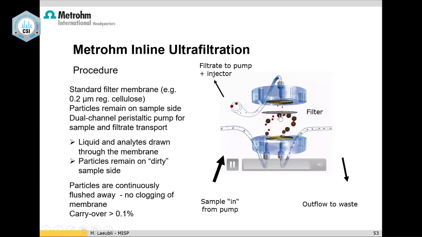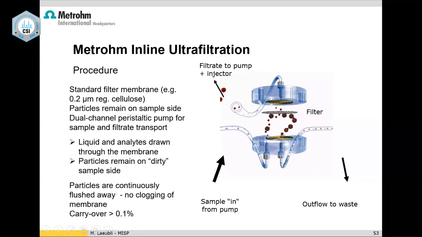This can also be automated. How do you automate? We have an accessory with a plexiglass block between which you place a 0.2 micron filter. On one side you send in the sample at a very high speed, the reason being that the bigger particles will not stick to the filter paper. On the other side, you aspirate at a very low speed so that the liquid film is continuous. This is directly connected to the injector where you fill the loop.